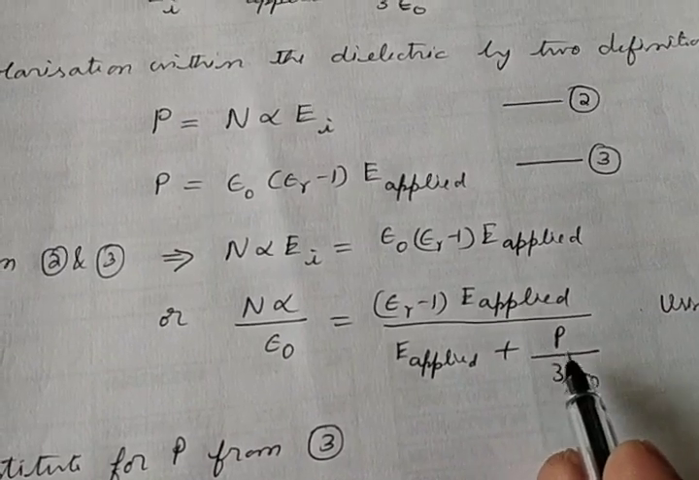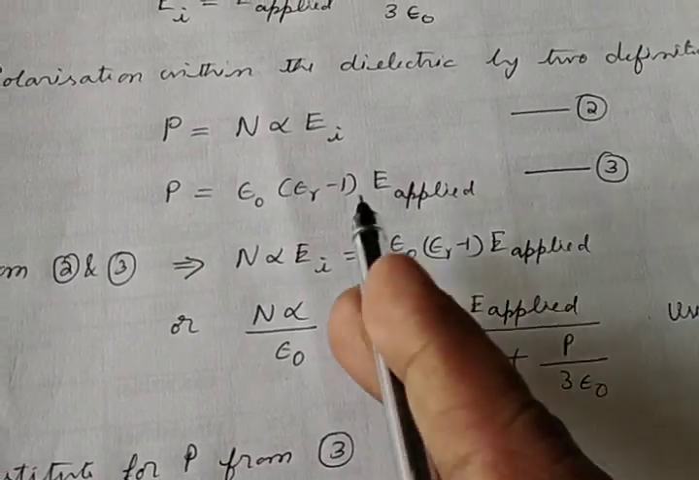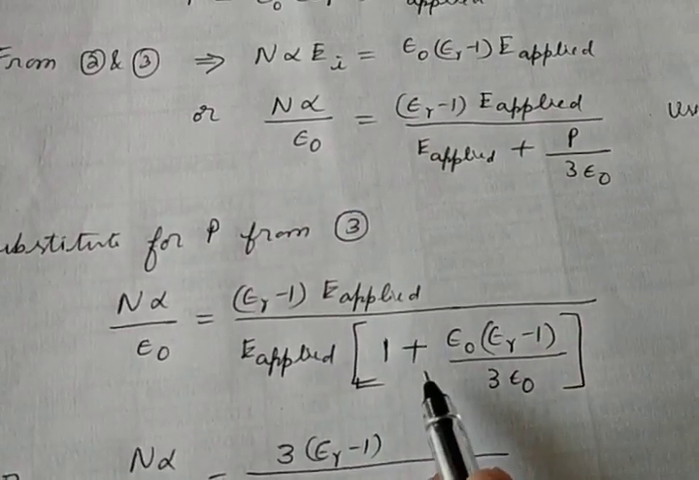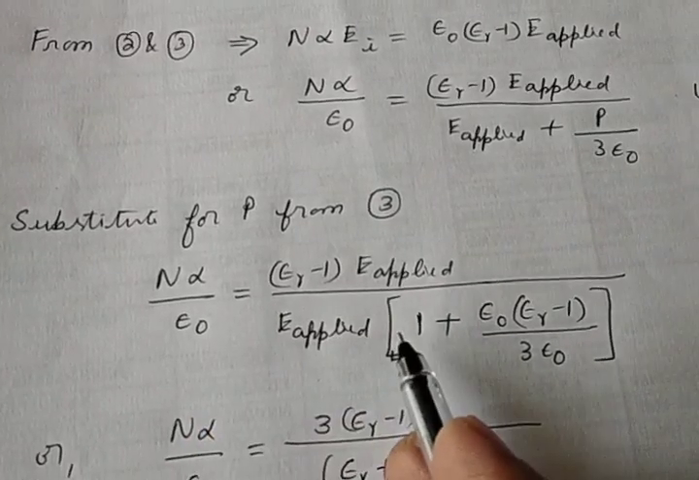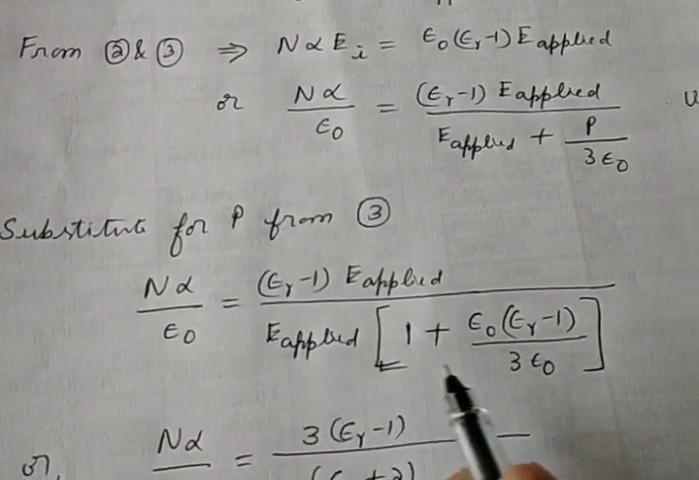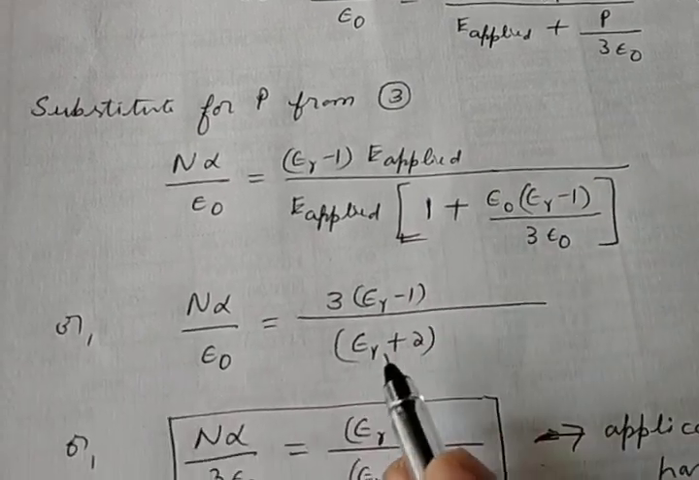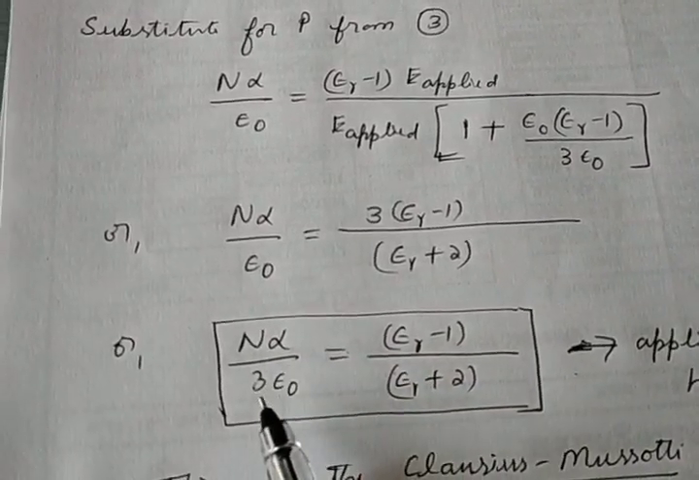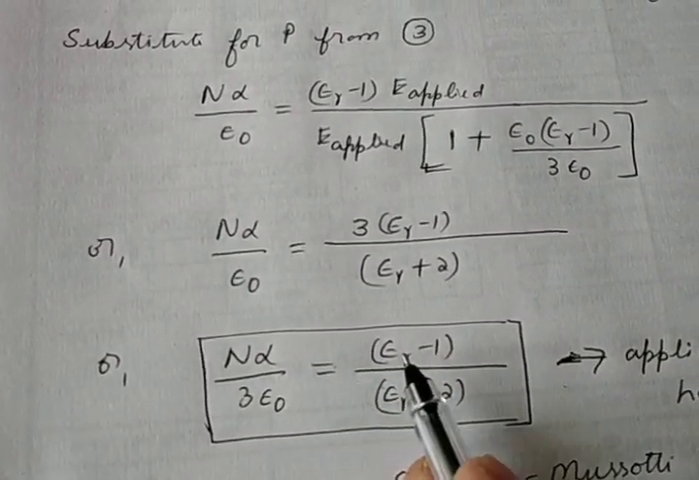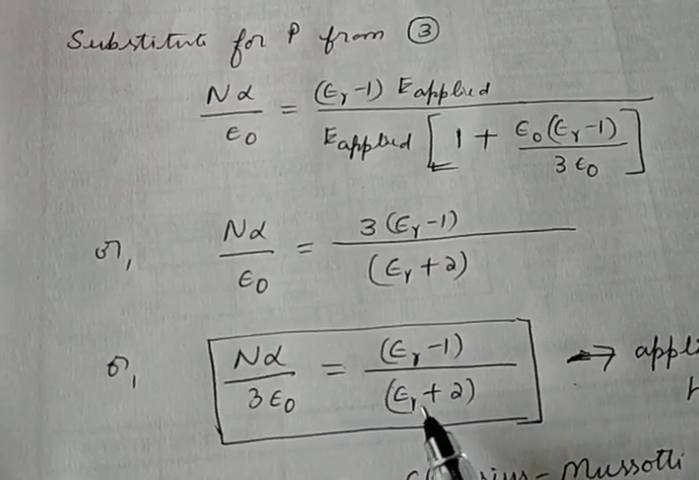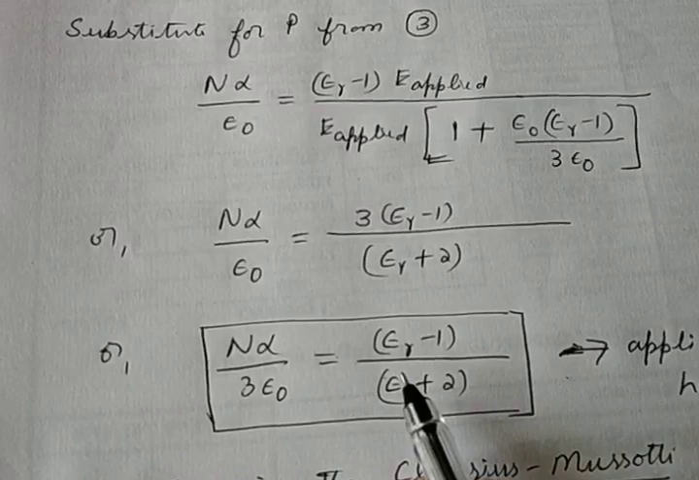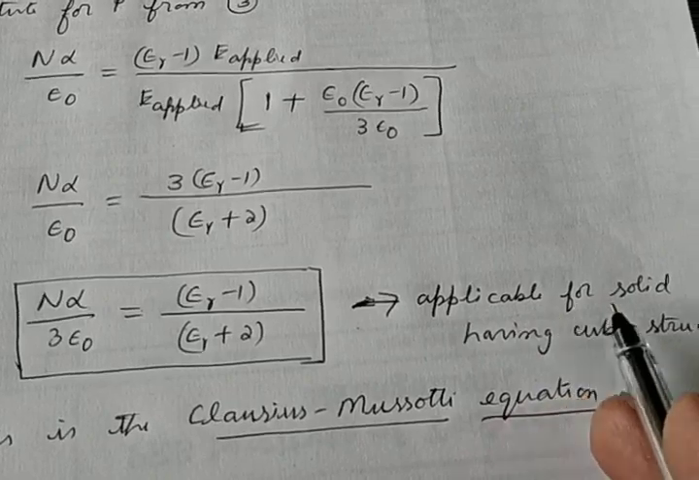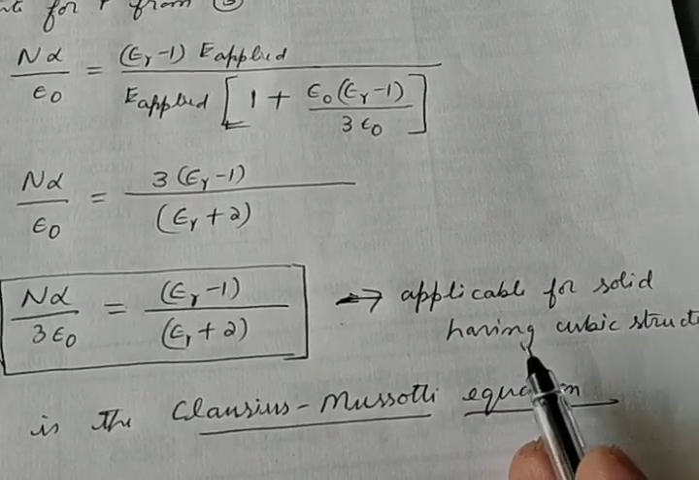Again we have a term here for polarization, which can be substituted using equation 3. So substitute from equation 3 in this and simplify. So E applied gets cancelled. This you can simplify here and we get this term. 3 can be brought over here, so you can write N alpha by 3 epsilon naught is equal to epsilon r minus 1 divided by epsilon r plus 2. So this is known as the Clausius-Mossotti equation, which is, remember, applicable only for solid dielectrics, elemental solid dielectrics having